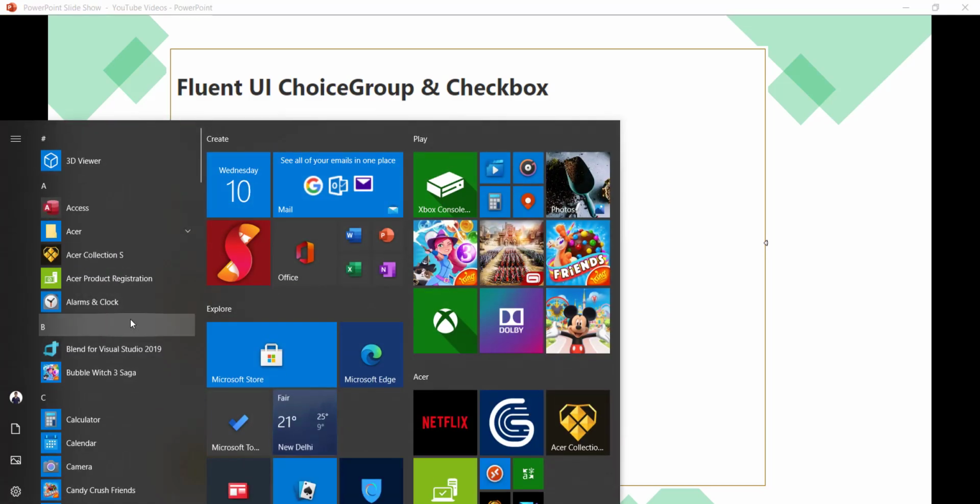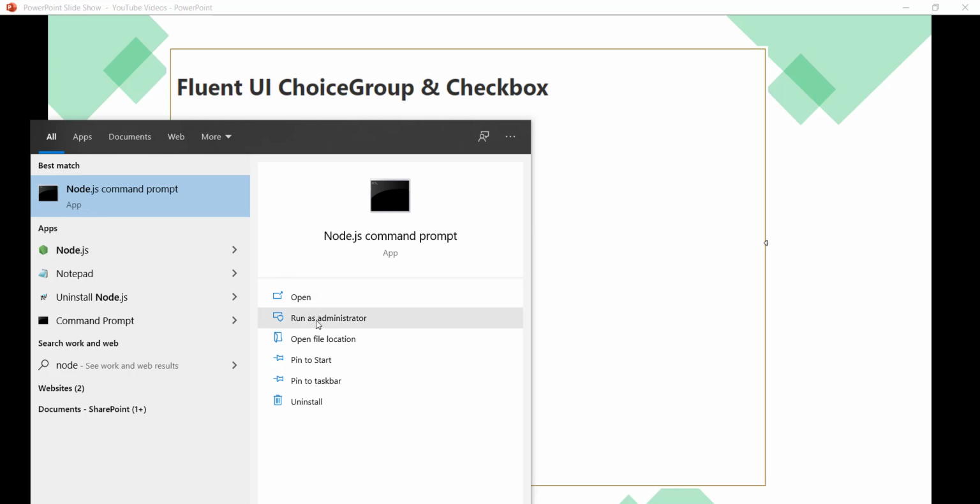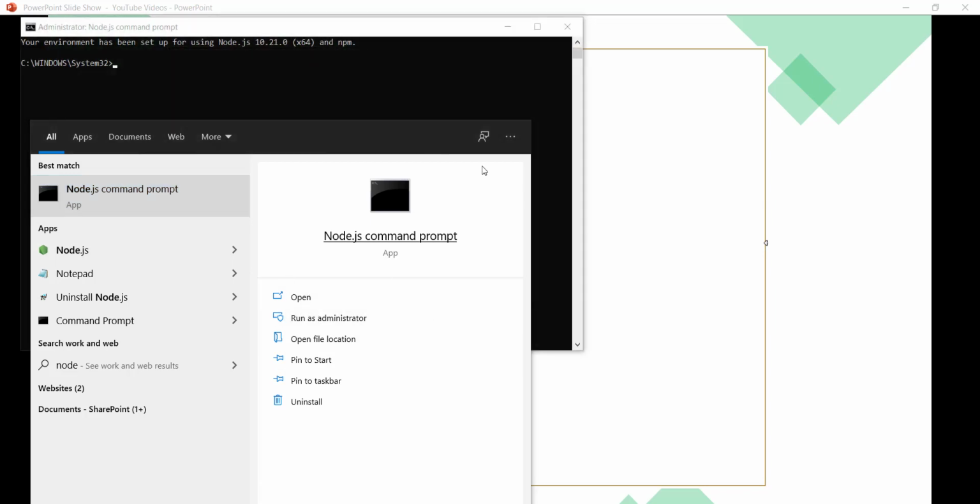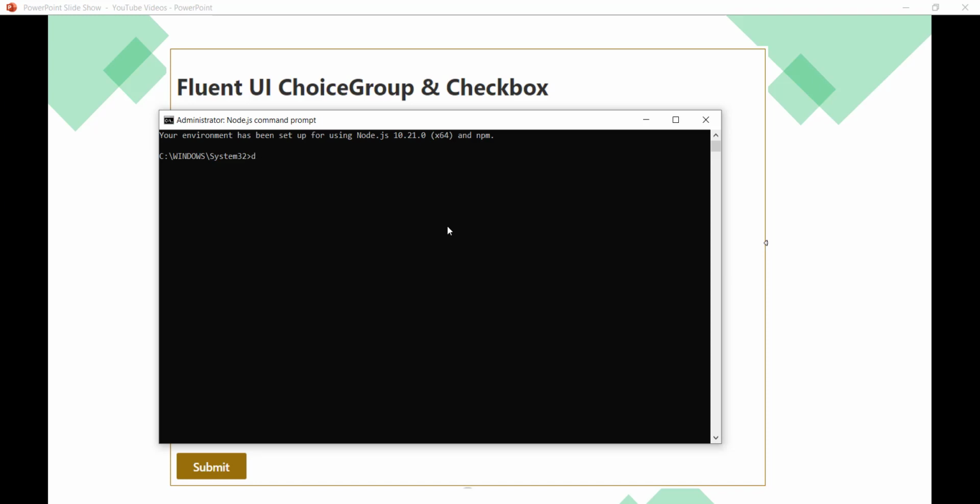For this I will open the Node.js command prompt, run as administrator, and now I'll go to the D drive. I'll go to a folder called SPFx, where I usually keep all my SPFx solutions. Inside that we will create another folder. I will call it Fluent UI choice demo, and then navigate to it with cd Fluent UI choice demo. Here we will run the command to create the project,